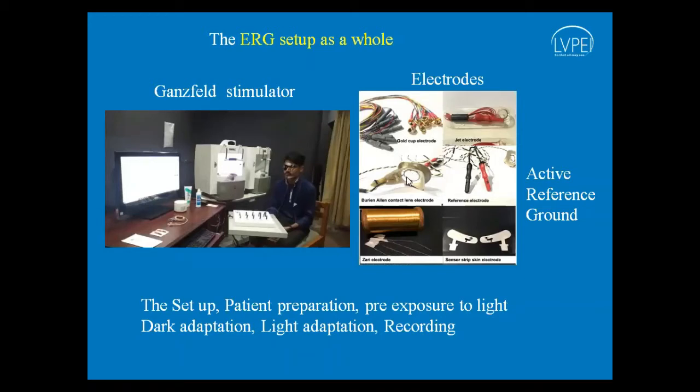The electrical activity picked up has very good amplitude, but then it has the inconvenience of putting a contact lens on the cornea. The skin electrodes, on the other hand, are very patient compatible, but the noise is more, and the wave amplitudes are a bit low. As you can see here, these are the